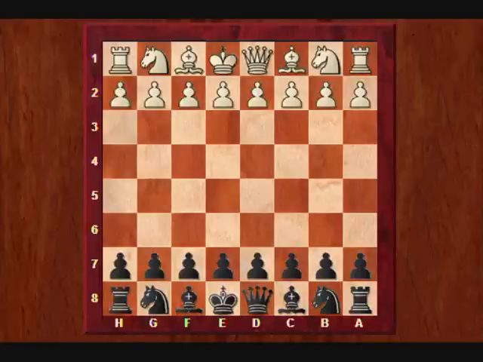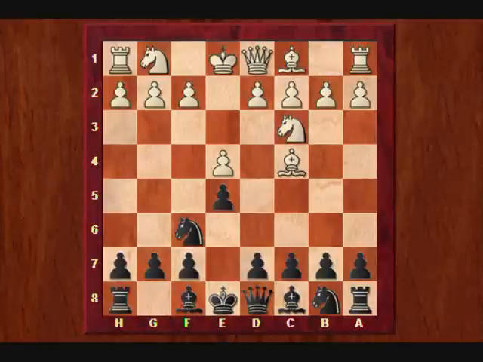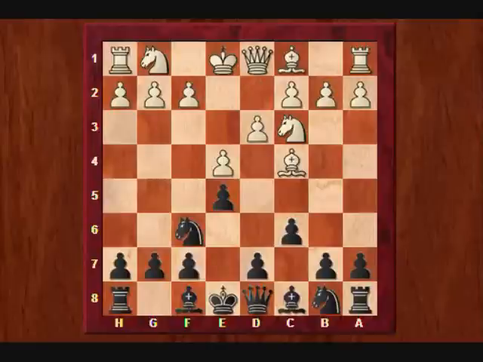And it starts out e4, e5, bishop c4, knight f6, knight c3, c6, d3, b5, bishop to b3,